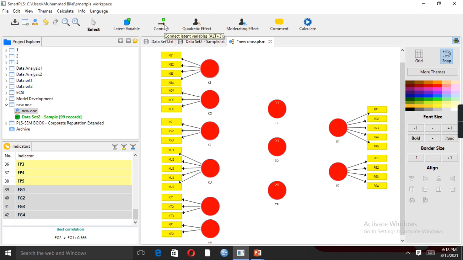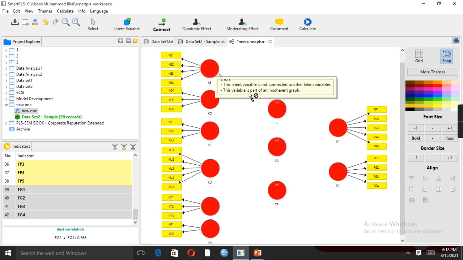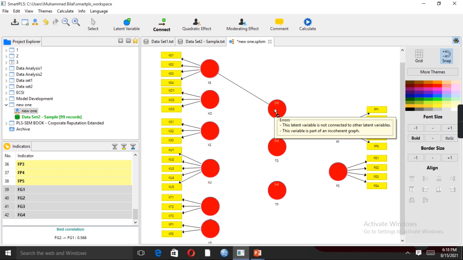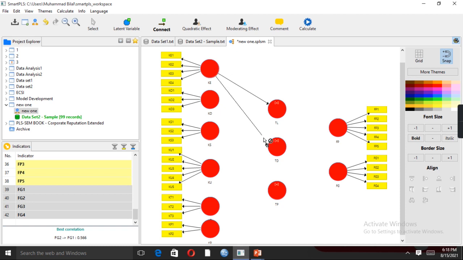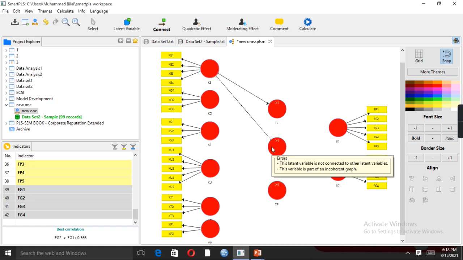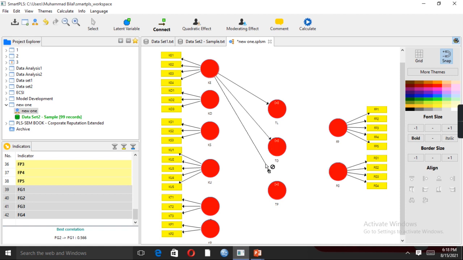So at first click on connect. So the first independent variable impact on our first mediator variable. So KE impact on knowledge team learning. Similarly, KE, knowledge exploration, also impacts team development, as well as we propose that knowledge exploitation impacts team performance. Similarly, we also propose that knowledge exploitation impacts our dependent variable, like firm performance as well as firm growth.